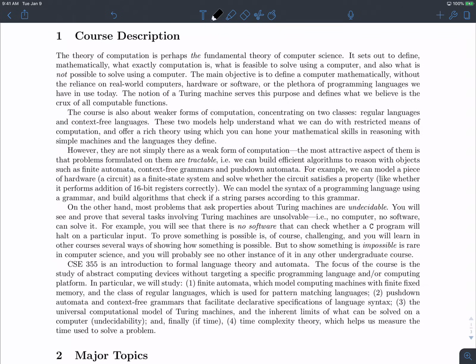Because that problem is not possible by any computer. There is no way to take an arbitrary program in and figure out whether it's going to run forever or not. Isn't that amazing? That something that is so simple to state and understand is actually impossible to do. And in fact, the vast majority of problems are unsolvable.